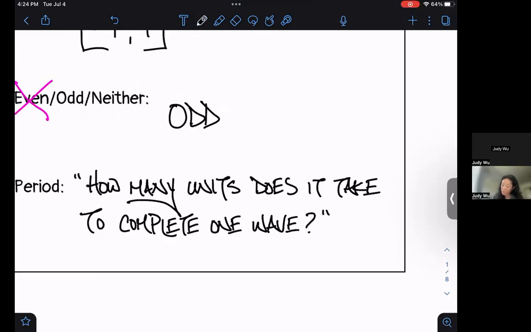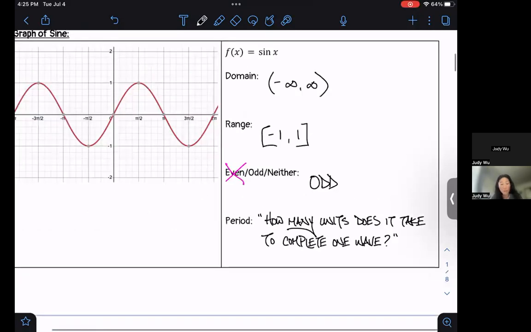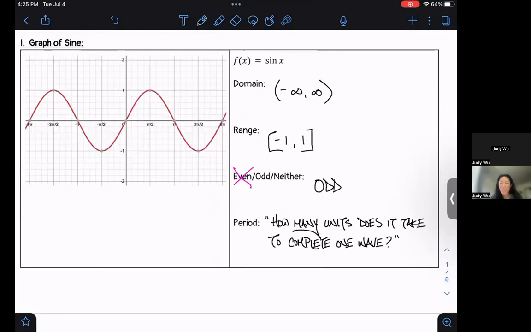The answer to this question will be our period. All right, so maybe we should go back to our graph and define what period, or what a